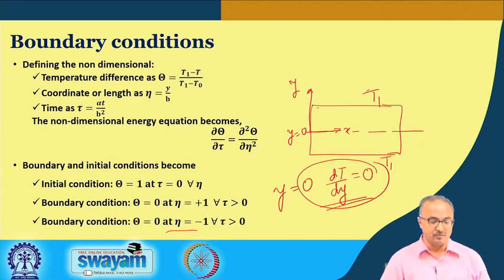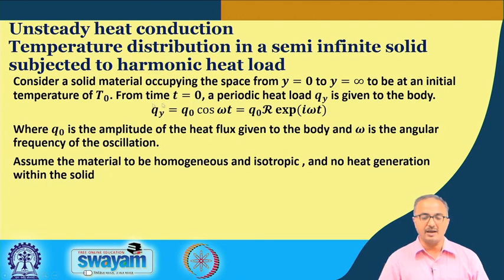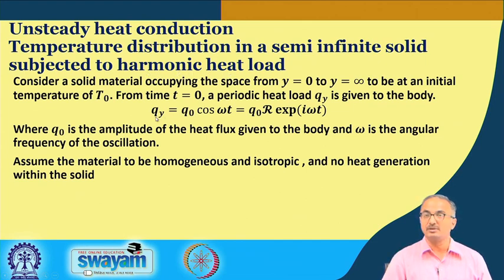After this, we shall go for another situation as we have done for the momentum balance. Here we are now having the same situation as earlier for the energy transfer, heat transfer, but now we have the semi-infinite solid subject to a harmonic heat load. Now, harmonic heat load we are giving in this way, that the Q_y, that is the heat load, equal to Q naught, some heat amplitude, into cos omega t, and again we are writing cos omega t in terms of the exponential form. We are writing it as real part of the exponential i omega t.